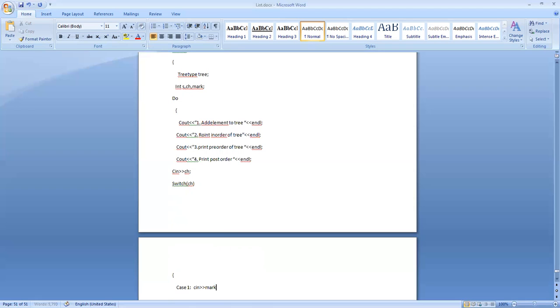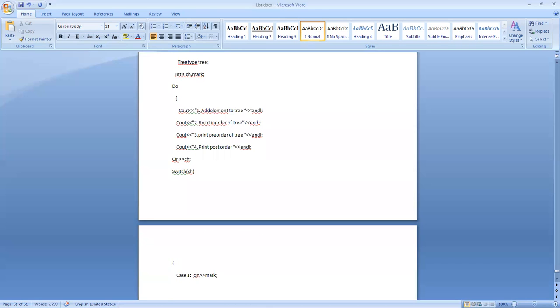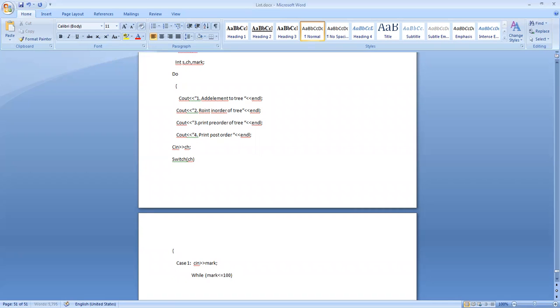The marks cannot be more than 100, that's why I say while mark less than or equal to 100, do this. What to do? Insert what you accept as the mark.